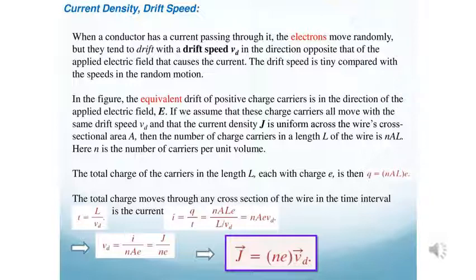From there we get vd is equal to I by nEA. And if I take a unit cross-sectional area, then it will be J by n. Means per area. If I'm taking current per area, that is known as current density. So in place of I by A, I can write J. So vd is equal to J by ne. J is equal to nevd. That is the required formula between current density and drift speed.